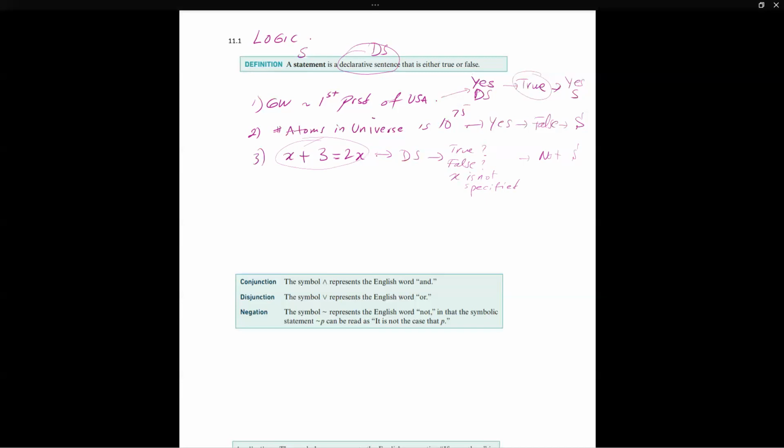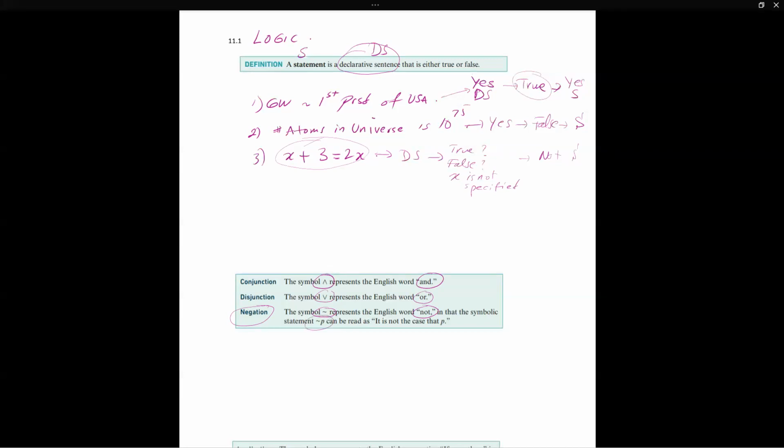And then after, we need to work on some symbols. In this topic, we use conjunction. When we use and, this is the symbol for it. This disjunction is with this symbol, and it means or. And negation, we use this symbol, and it means not. All right.